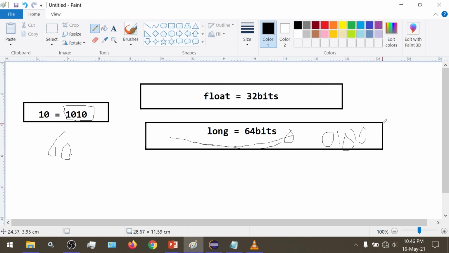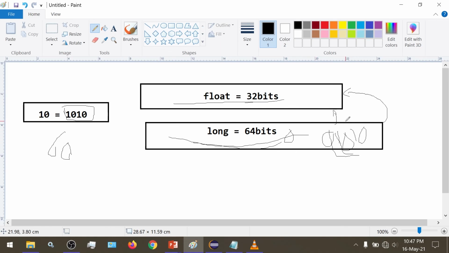When we try to convert this into float now, float can accommodate only 32 bits, but for the number 10 only 4 are required. So float accommodates these 4, and 28 would be left after accommodating these 4. Those 28 would be filled by zeros. Either way the memory would remain free here, or we would have more space to add zeros and ones and increase our number range.